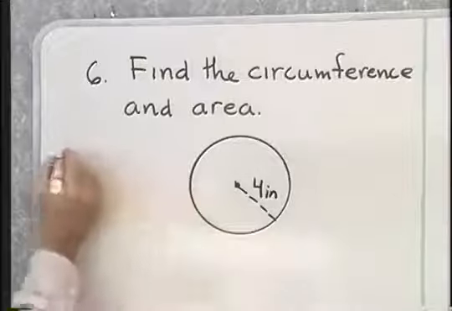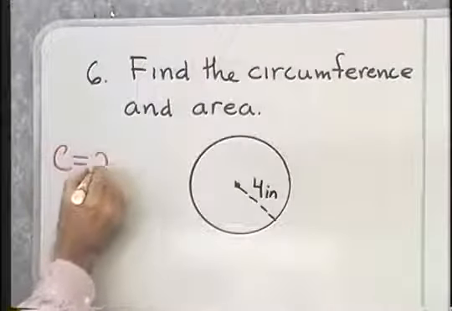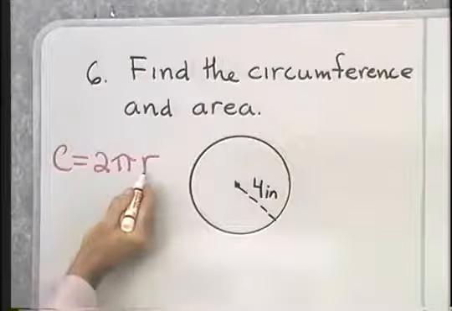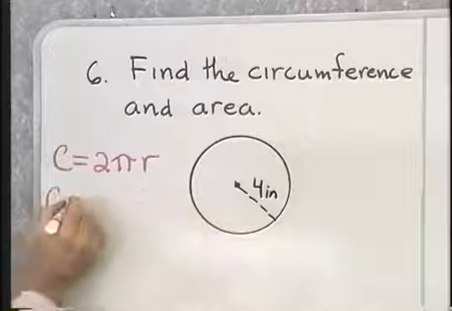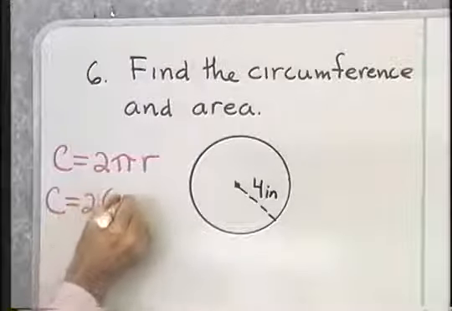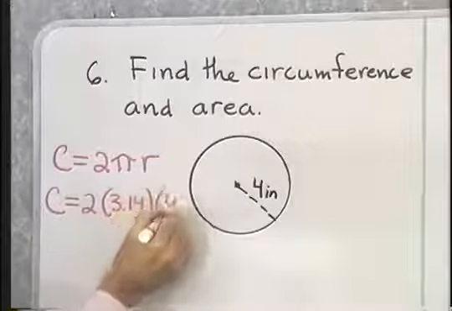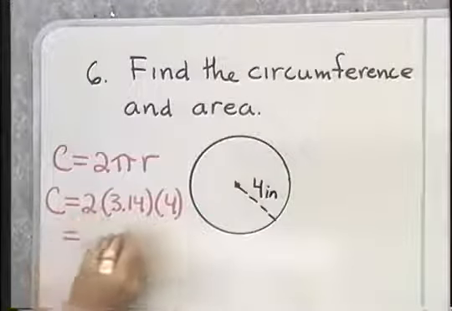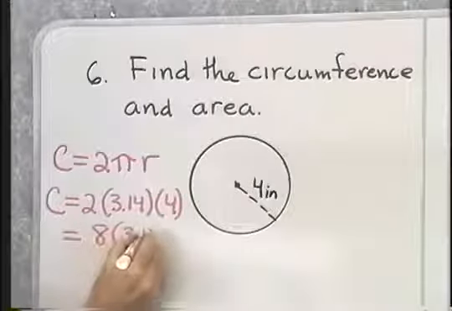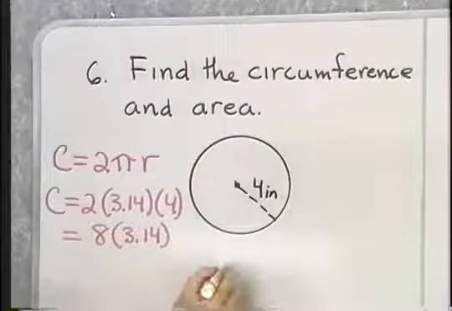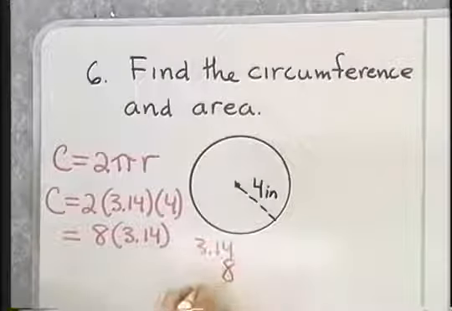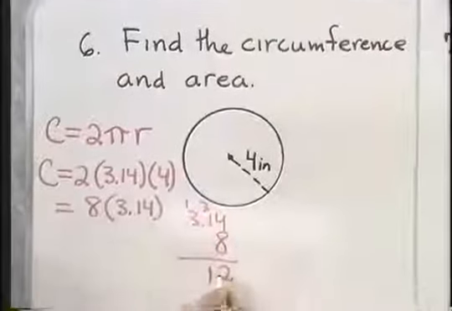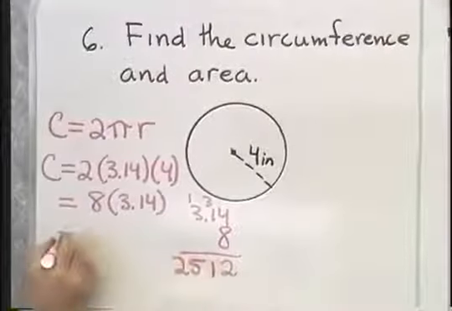So the circumference of this circle is going to be C equals 2 pi r from our formula. Now pi is 3.14 and r is equal to 4, so I have C is equal to 2 times 3.14 times 4. Now you know that multiplication is commutative, so I can multiply 2 times 4 and get 8 times 3.14. So I'll do that multiplication here. 8 times 3.14, let's see, 8 times 4 is 32, 8, 9, 10, 11, 24 and 1 is 25. So I end up with